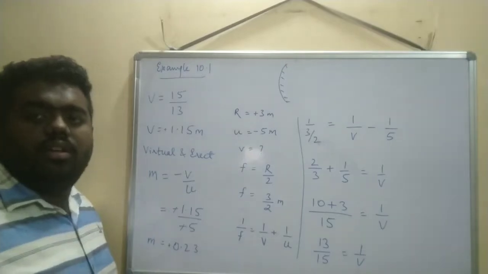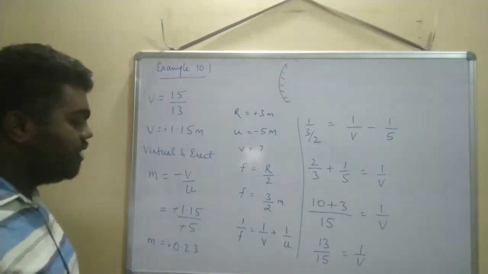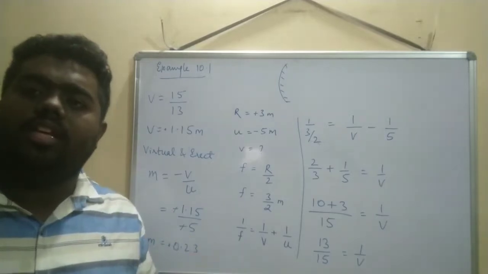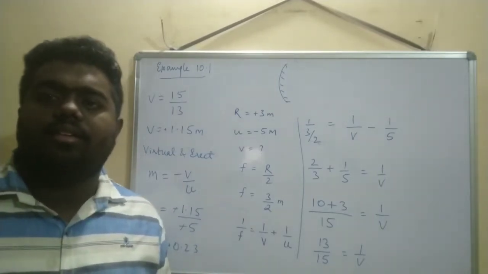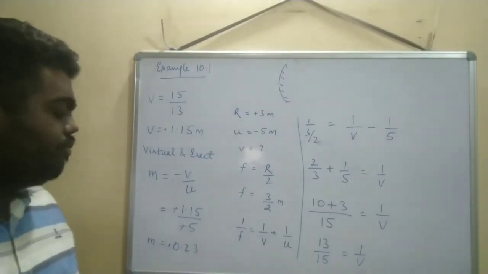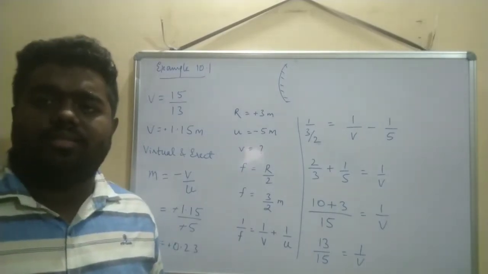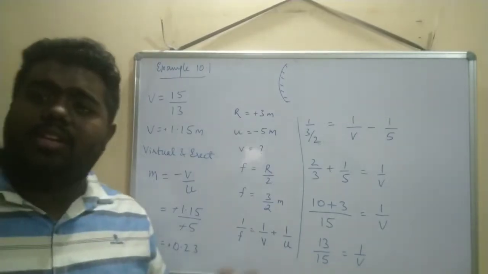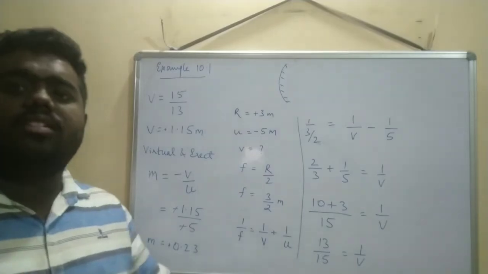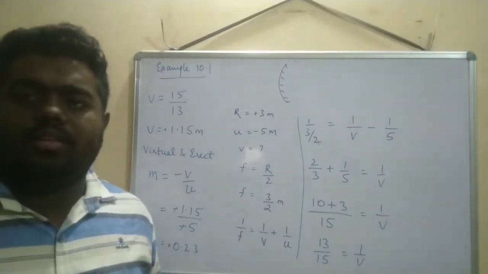अगर minus में आएगा तो real and inverted. Okay fine. Now what will we say? The image is plus 0.23 times magnified of the object. Or simply you can write image is plus 0.23 times magnified. That means magnified भी नहीं हुआ है, कम हुआ है. You can understand by 0.23. अगर 1 से आगे जाता तो magnify हुआ है, that we can say.